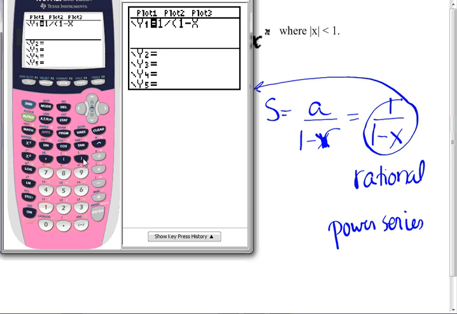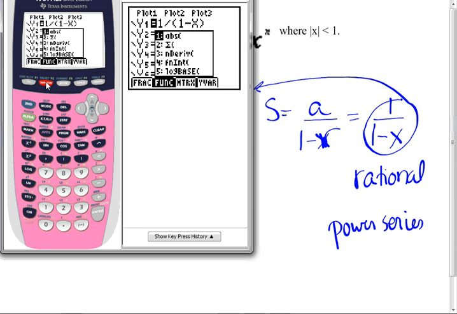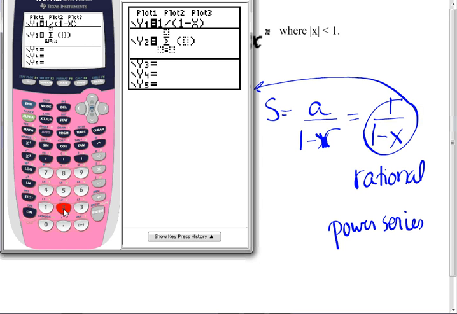Now, do you guys want to see how to use sigma in here? If you don't have sigma, you just have to type in 1 plus x squared. But there's a sigma button here. Do you want to see it? Okay, so I go alpha. There it is, 2. There's my sigma. I better be in pretty printer, it won't work otherwise. I am. And we want to start with,